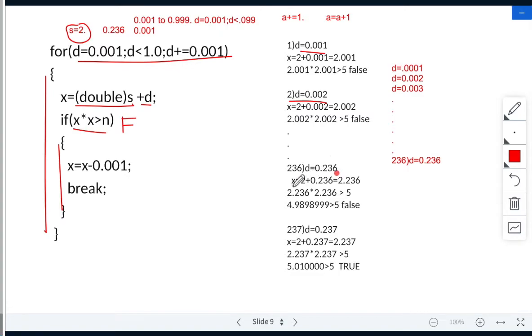So now again calculate your x. It will be 2.236, again 2.236 into 2.236 greater than 5. It's again false. Again false means you will loop back. I have got the x value here. If anyone sees here, this is the square root of 5, but I am going to the next iteration.